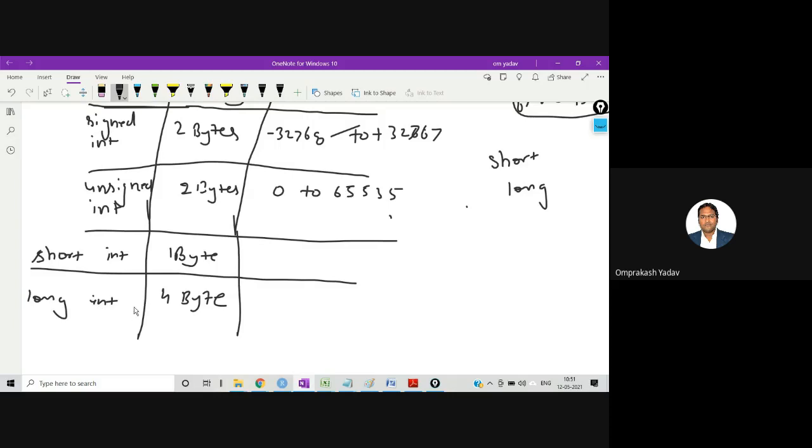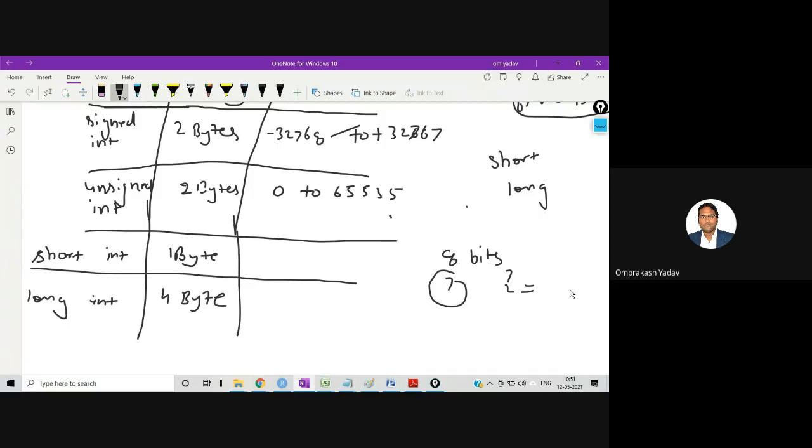Okay, please remember this. Now this is a short integer, so it's taking 1 byte. That means I am having 8 bits. Out of these 8 bits, the last bit will be reserved for sign purpose, because by default it's a signed one only. So how many places will I be having? I'll be having 7. So 2 raised to 7 is what?